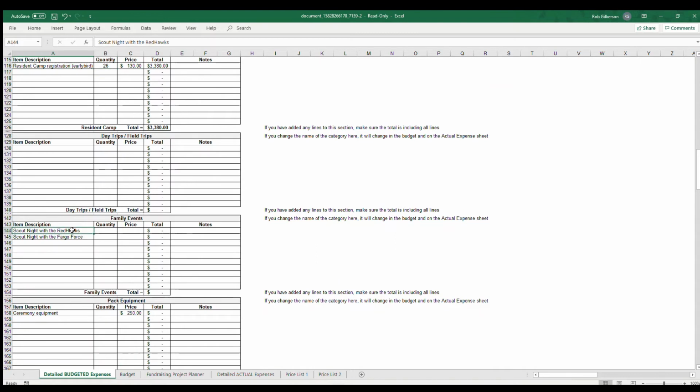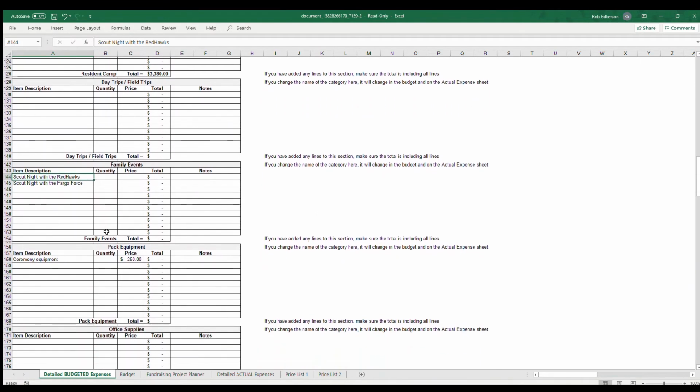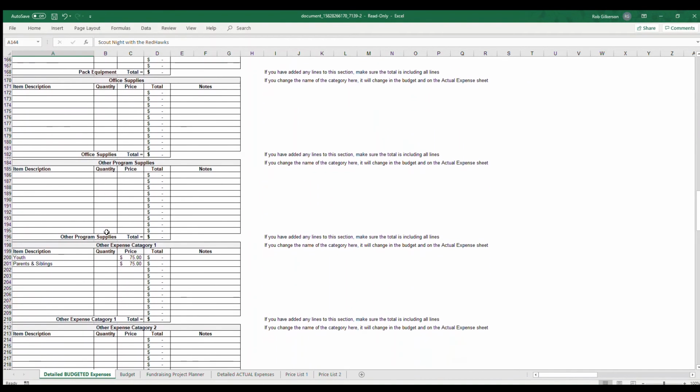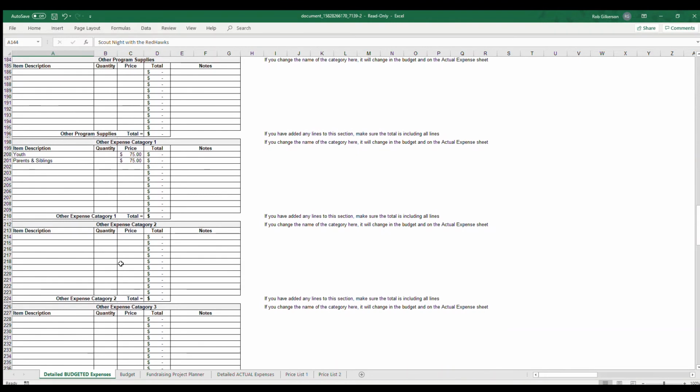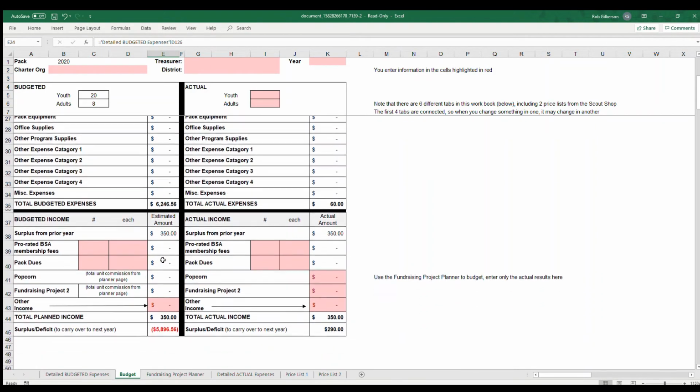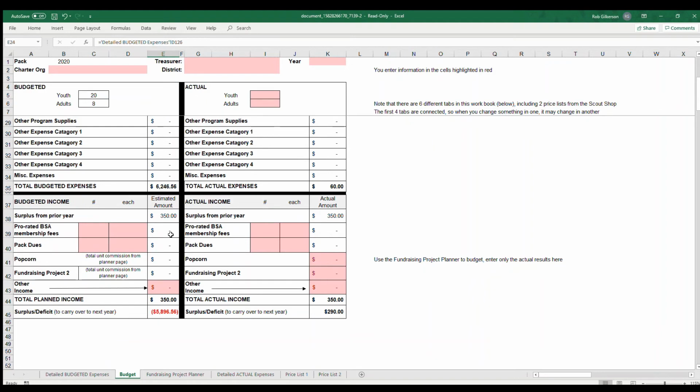Then you can think of, here's just some examples of scout nights, other events that maybe you want to include in the program. You can have those all in there. And then if you haven't already typed in, like Resident Camp did, it's going to put it in there. And as we scroll down, it's going to put in here other,